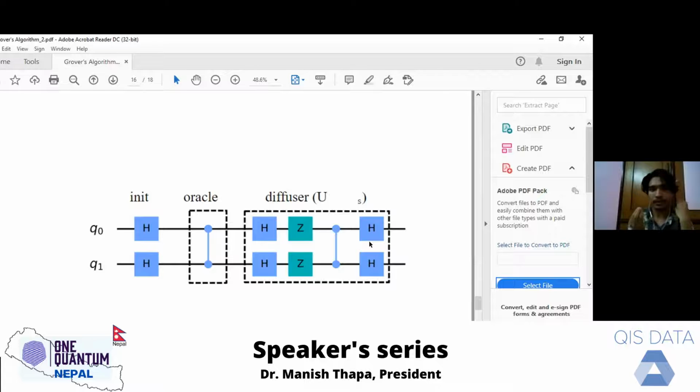I want to note that the diffuser function that we made is only for 2 qubits right now, but if we want to generalize it, we can do that in future projects. So there are three processes: superposing, then applying the oracle function, and then applying the diffuser, so that we will get our desired output.